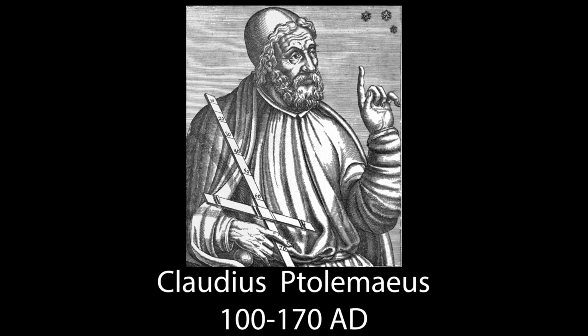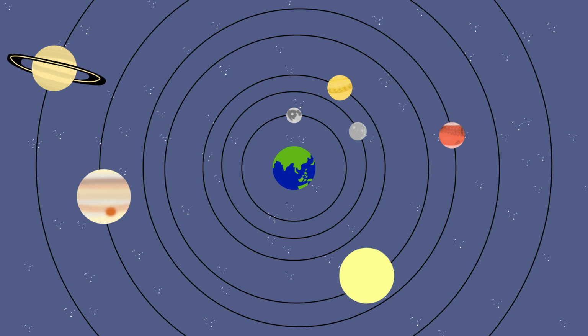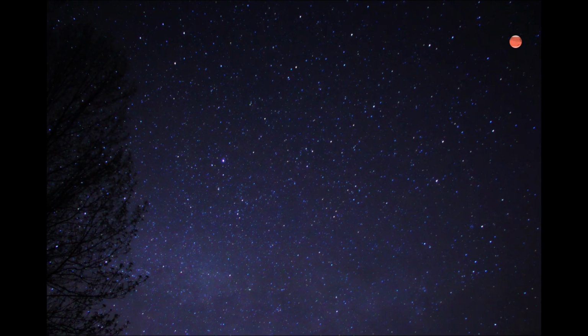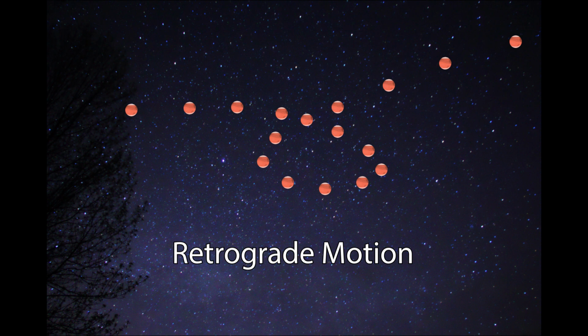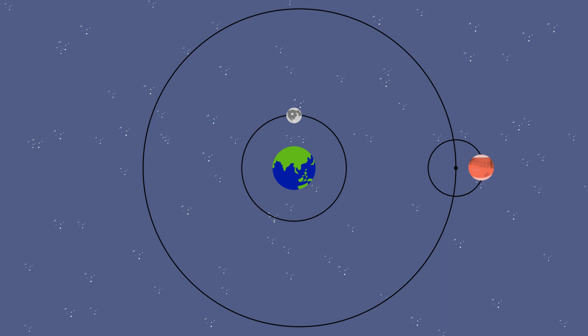This allowed for astronomers to accurately predict where a planet would be in the night sky any day of the year with reasonable certainty. Ptolemaeus tweaked the geocentric model proposed by Aristotle because at certain times of the year, planets like Mars would appear to slow down, stop, then move backward in the night sky for a period of time before reversing direction again and continuing forward. In order for the math to properly model this retrograde motion, each planet needed to have a suborbit, which became known as epicycles. With epicycles, planets did not just orbit the Earth on a circular path, but they orbited another point in a very small circle, and then that whole system orbited the Earth.